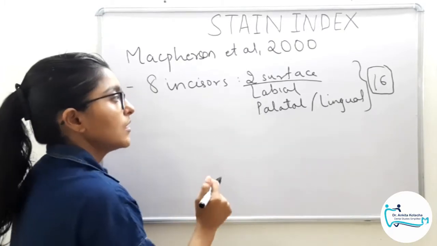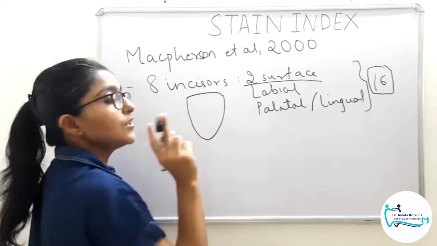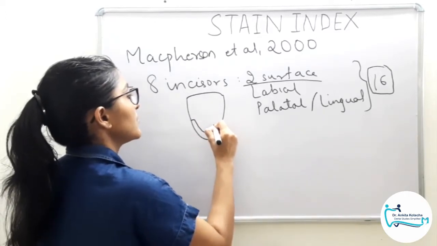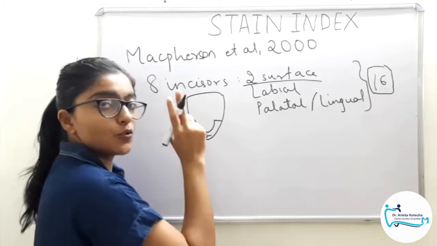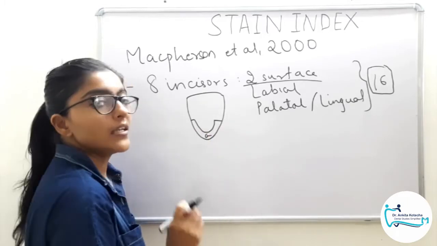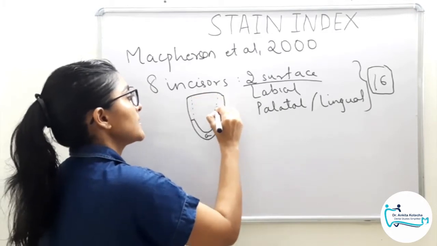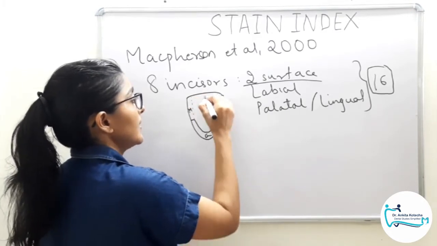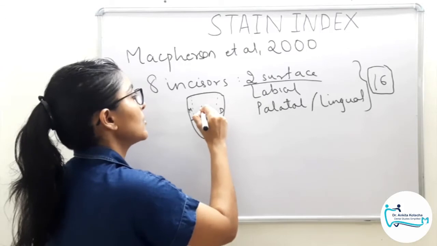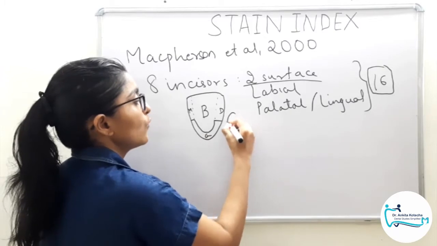Now coming to the distribution of those surfaces. As per the conventional index, there were 2 regions, body region and gingival region. Now we have 4 regions. Gingival region is similar to the conventional index, that is the extent of this band is up to the crest of the interdental papilla, and the remainder are the mesial aspect and the distal aspect. And after delineating all the 3 regions, that is mesial, distal and gingival, the remainder of the surface of the tooth is the body region. So instead of 2, now there are 4 regions.